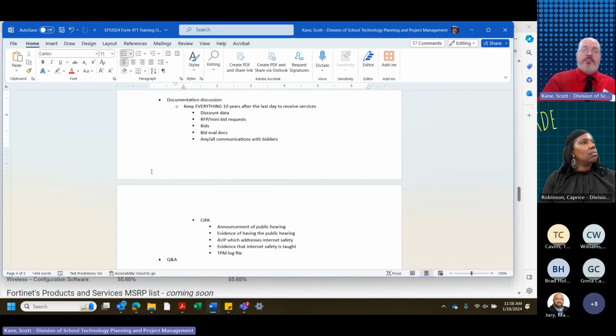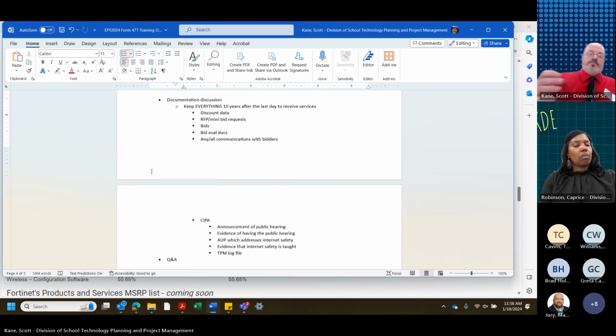Which means that there needs to be some documentation that you can show. Maybe it's just a meeting announcement that on such and such a date, the board will be having their standard board meeting, and during this board meeting we will be talking about XYZ, ABC. One of those items is internet safety, and the public will have an opportunity to speak if they want to. So you have an announcement of some sort. You then have to have evidence of the public hearing actually taking place. Minutes of the board meeting would suffice, as long as you can see that on that meeting there was an opportunity for the public to have their say.